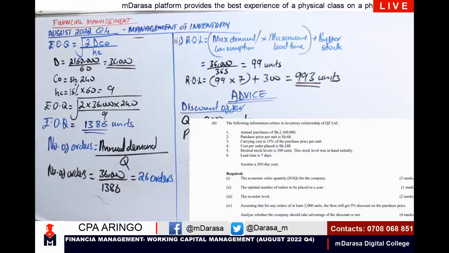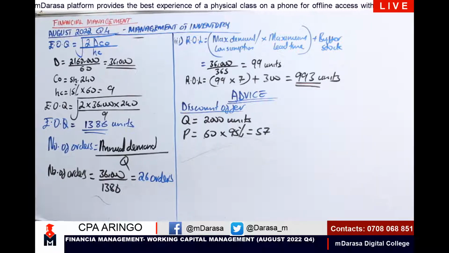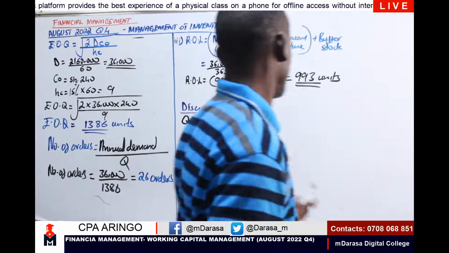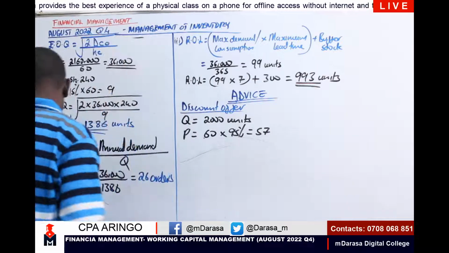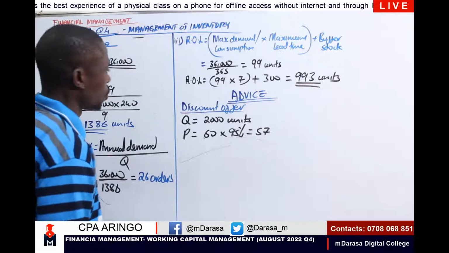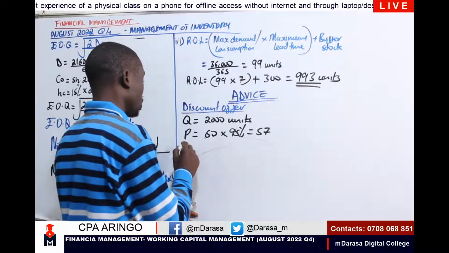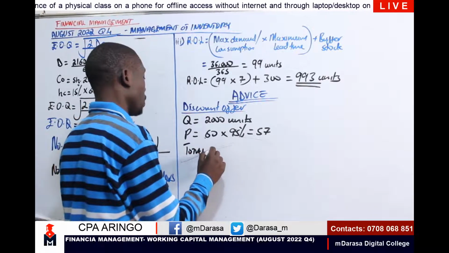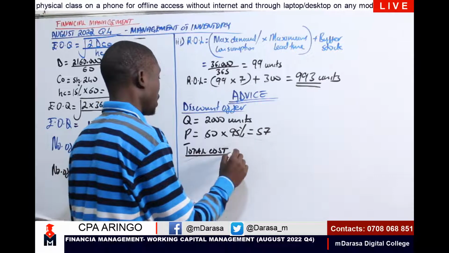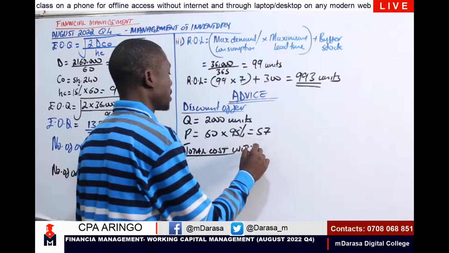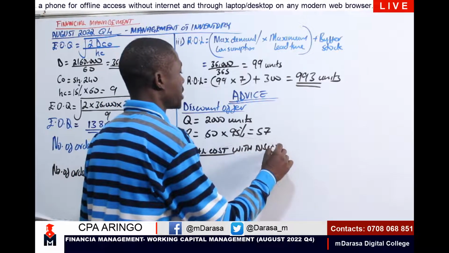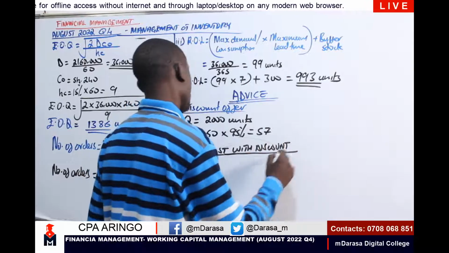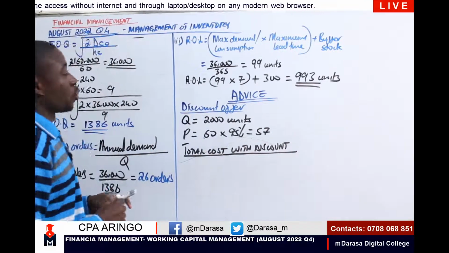Once we have that, I can now remove this question of ours here. And once we have that case, let us determine our total cost with discount offer. So my total cost with discount offer, what will we be having here? We are going to have